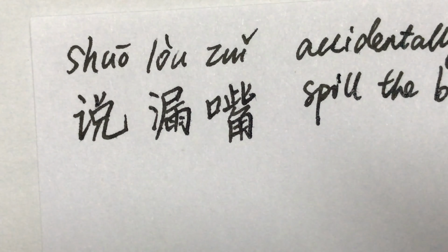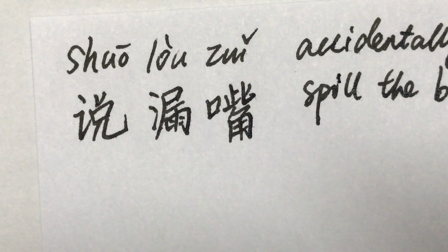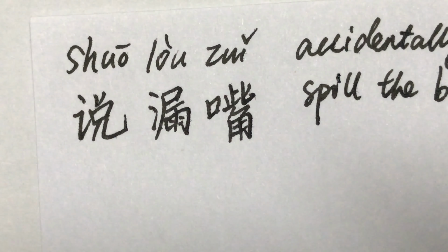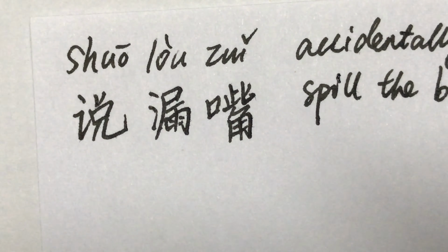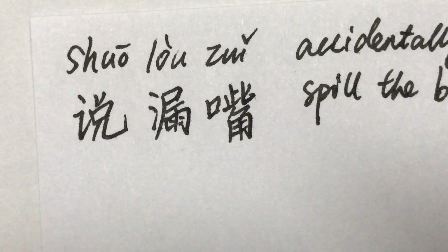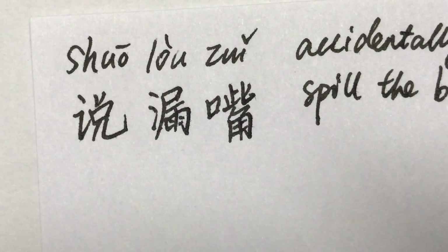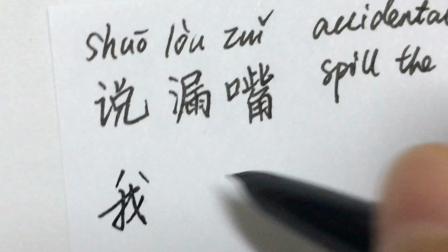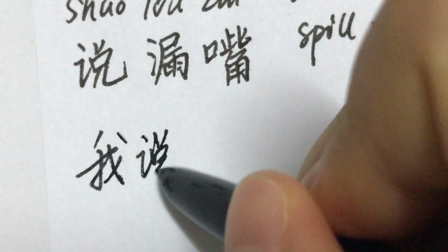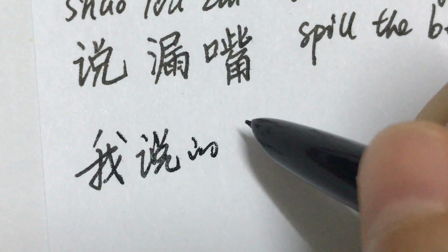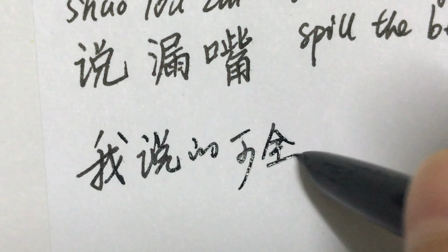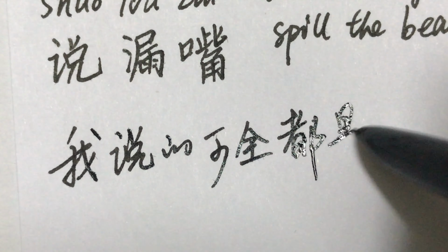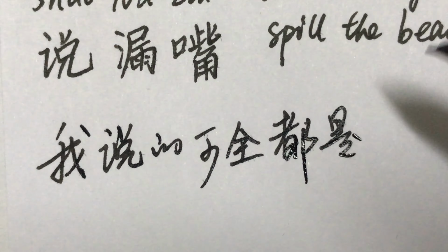Now check this sentence. What I've said are secrets. I've never told other people. Remember, don't spill the beans. 我说的可全都是秘密，从没对别人说过。记住，千万别说漏了嘴。